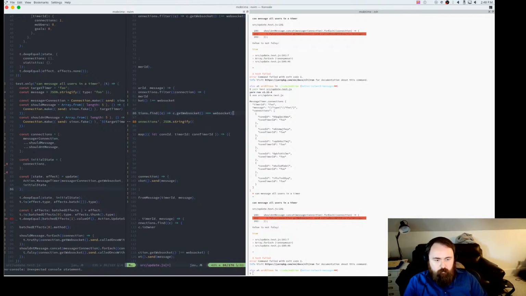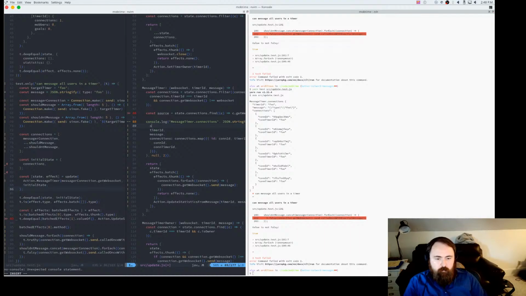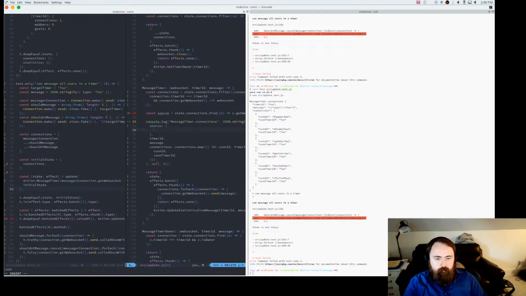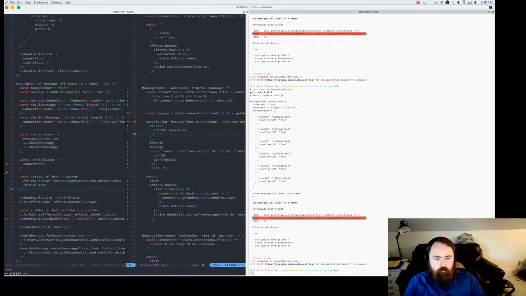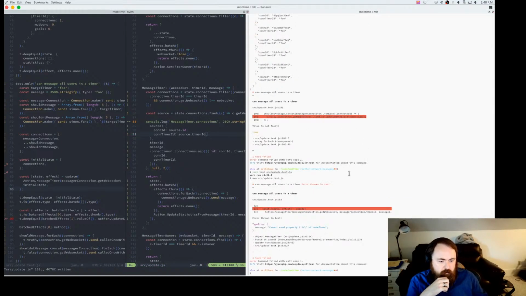So basically I just want to know where the source is coming from, right? So let's do source is going to be ID is going to be source.id, and then con timer ID is going to be source.timer.id. It says cannot read ID of undefined.